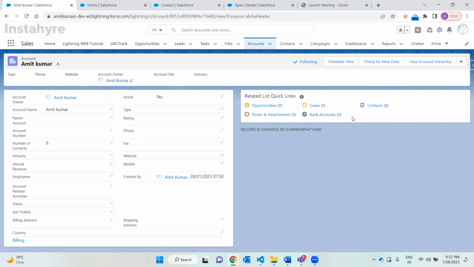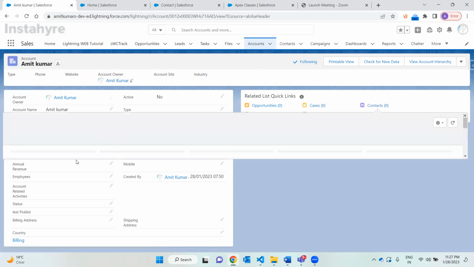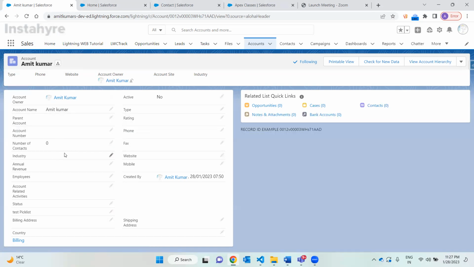If I delete a contact, the count will decrease, and if I undelete the contact record, the count will increase again. If you see the operations, there are basically four: insert, delete, update, and undelete. On these four operations we have to maintain the number of contacts count